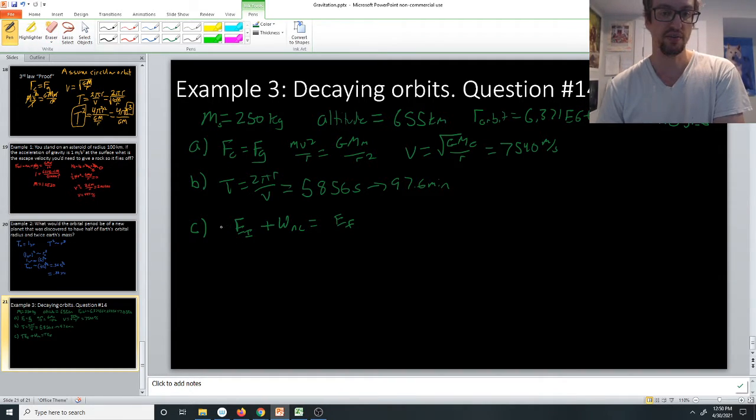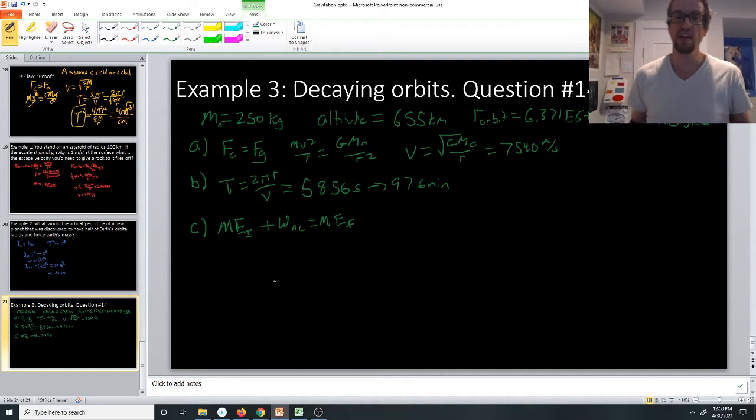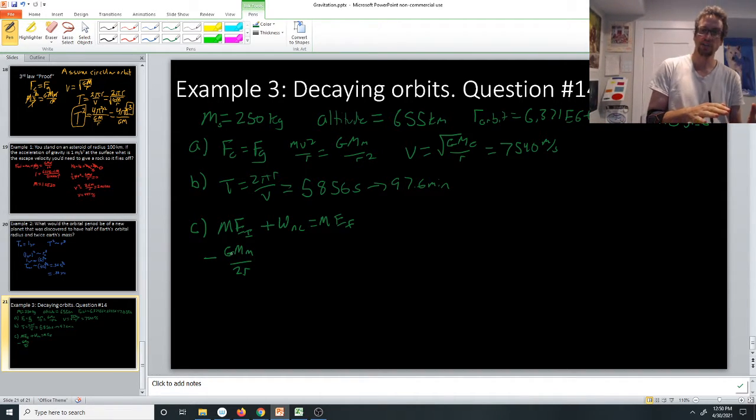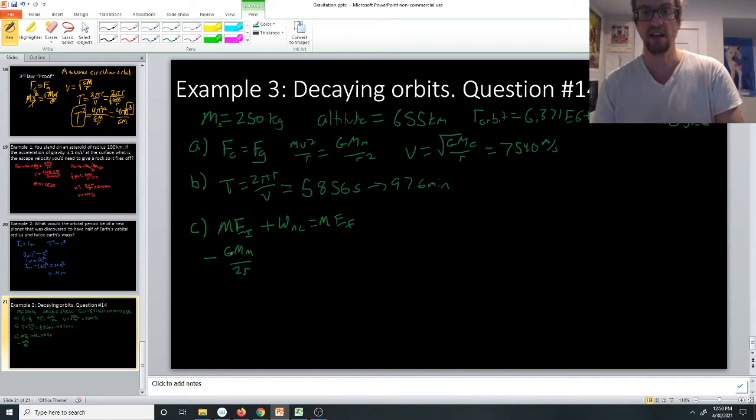Let's say mechanical energy. And by mechanical energy, the mechanical energy of the orbit, we found the total energy of an orbit is negative GM over 2r, because kinetic energy was positive and potential energy was negative, and so when we add them together, we get that. So this is our initial, plus the non-conservative work here, which for me was